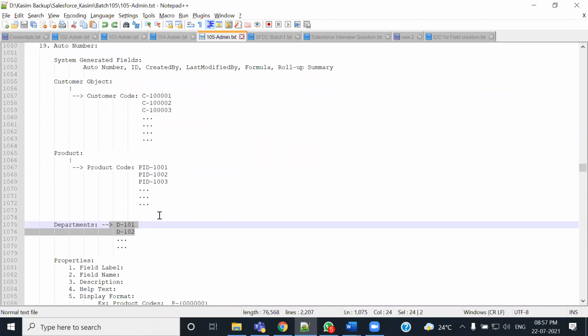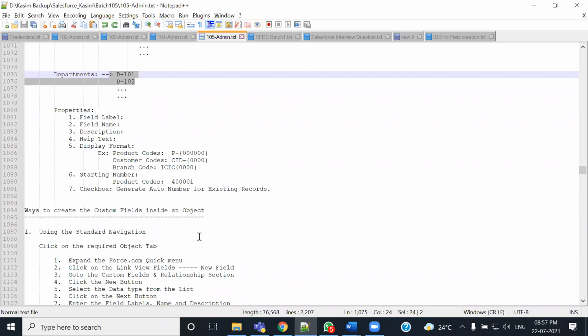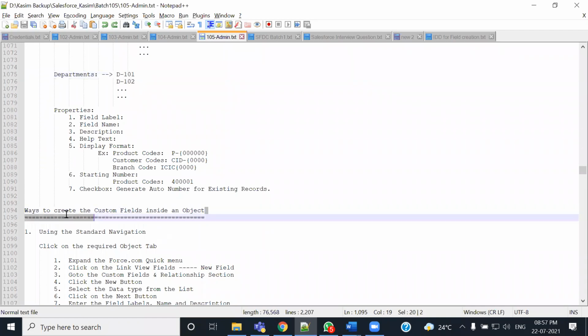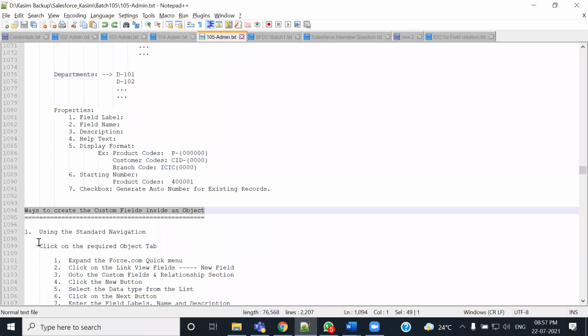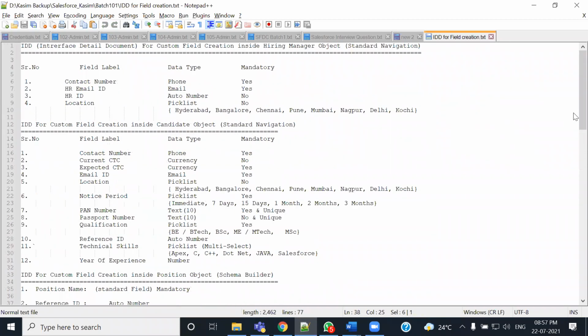ठीक है, एक बार सभी को आज इसको पढ़ लेना है, पूरा पढ़ लेना है, और कल से हम स्टार्ट करने जा रहे हैं कस्टम फील्ड्स इनसाइड द ऑब्जेक्ट, और इसके लिए मैं वापस यही आईडीडी फॉलो करने वाला हूँ। ठीक है, तो अब जिस ऑब्जेक्ट में जो जो फील्ड्स क्रिएट करनी है, तो कल हम क्या करेंगे, फॉर हायरिंग मैनेजर ओनली आई एम गोइंग टू क्रिएट द फील्ड्स यूजिंग स्टैंडर्ड नेविगेशन।